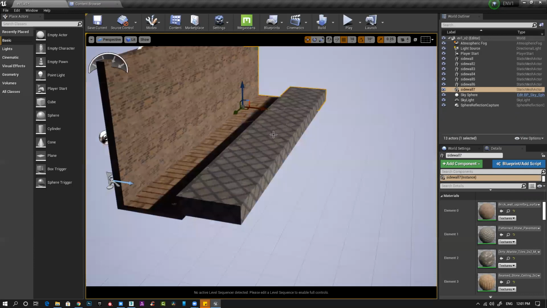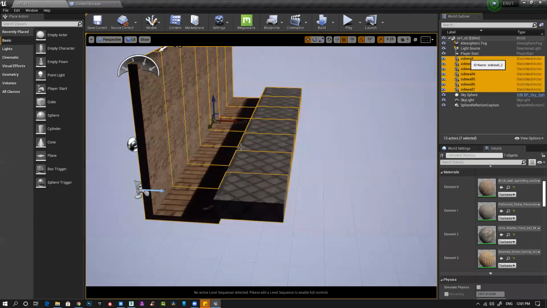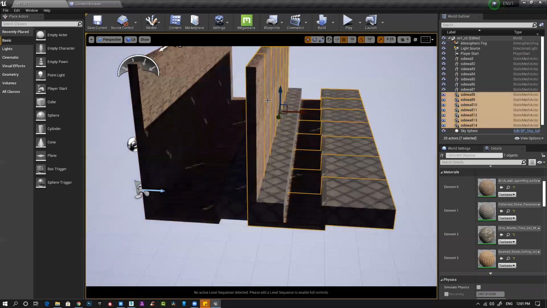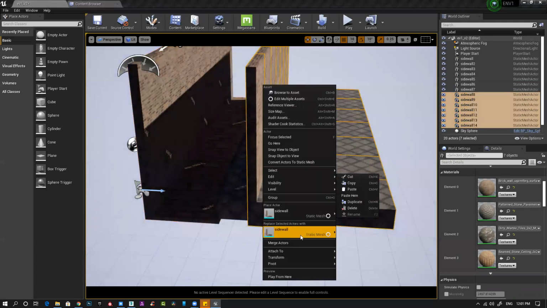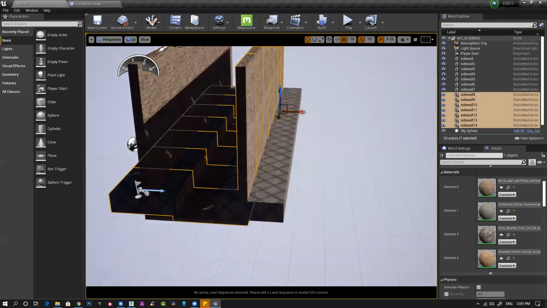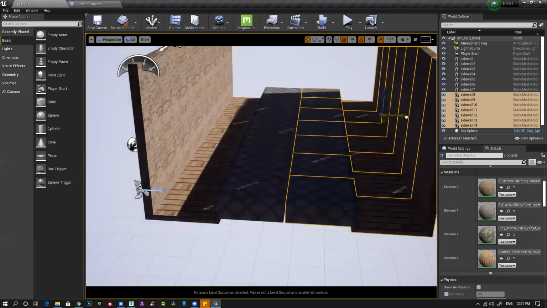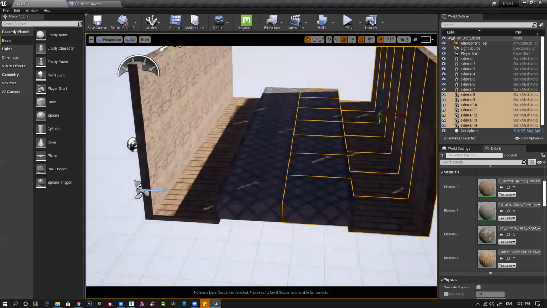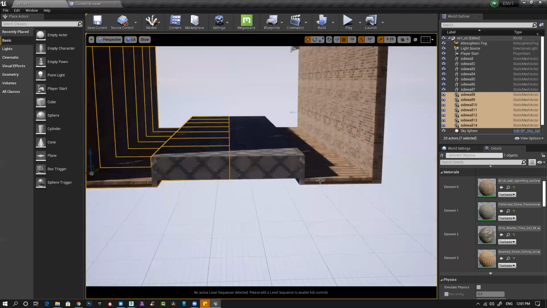Now select this, and what I can do is select all of them, Alt, drag, duplicate, right click, transform, mirror X, snap it. It will auto snap. If you created anything based on your grid scale, it will snap perfectly without any issue, because this grid and that grid are exactly the same.